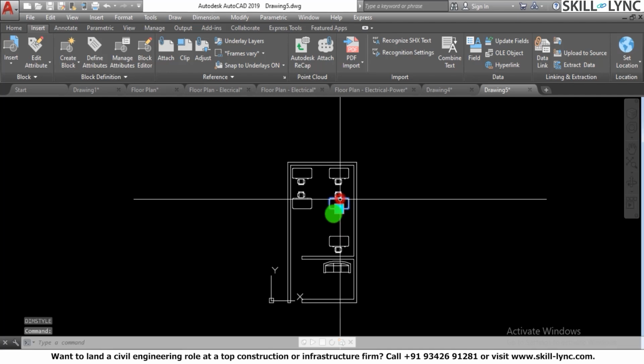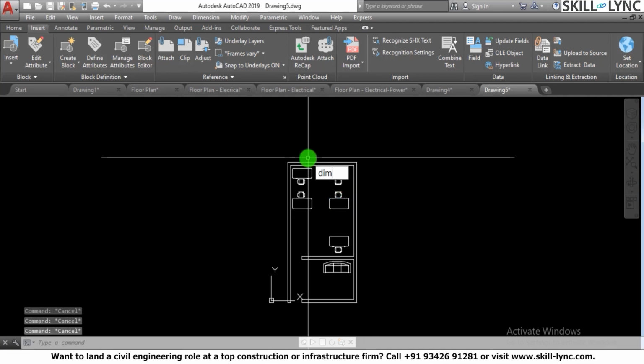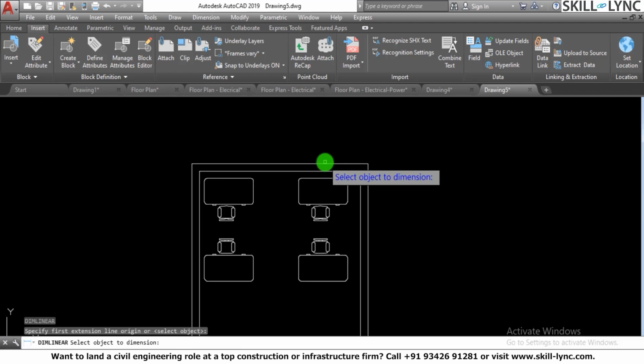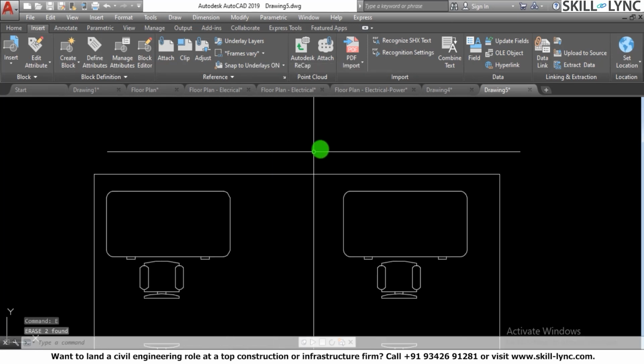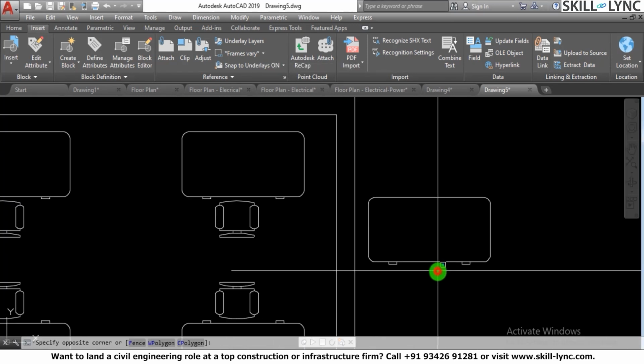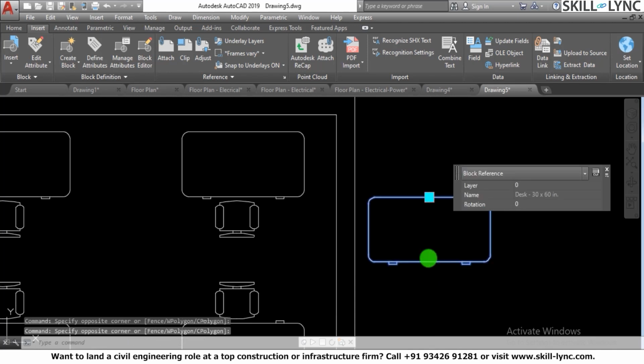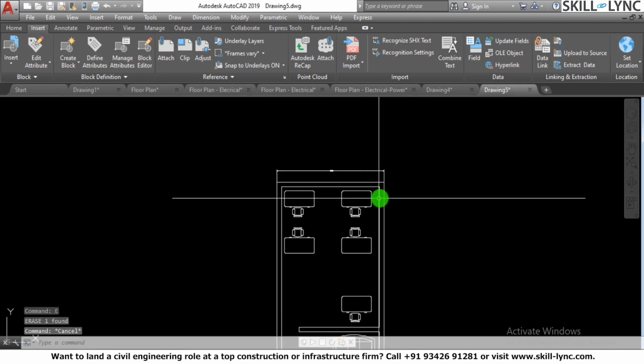So now let me dimension it and see if the conversion is made. Now you can see that the conversion is there. Along with the object that was written as a block, when you brought this in,